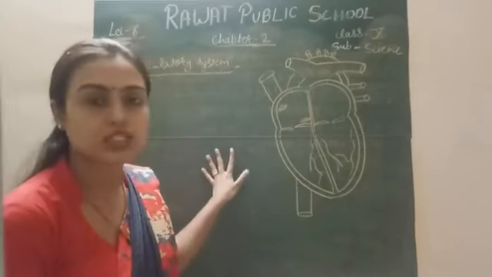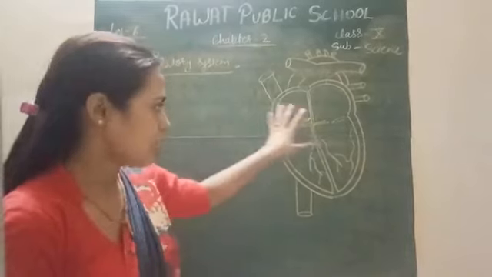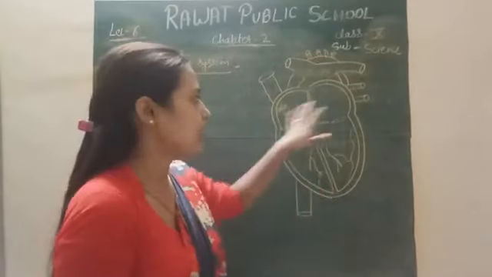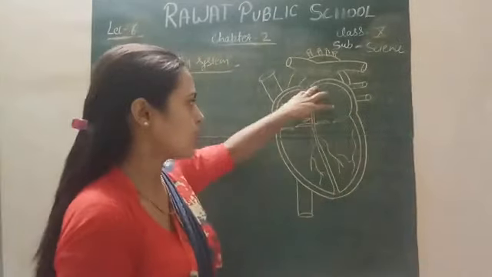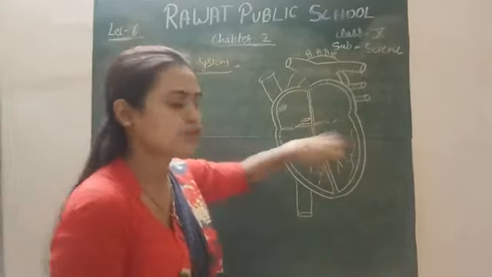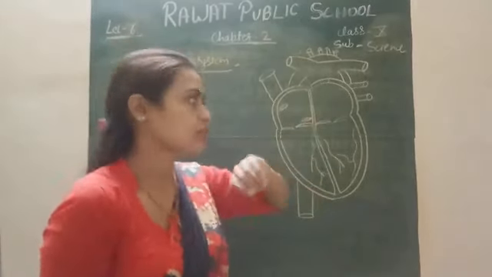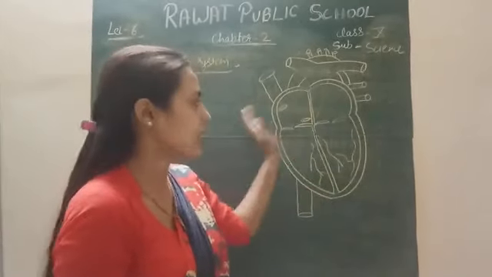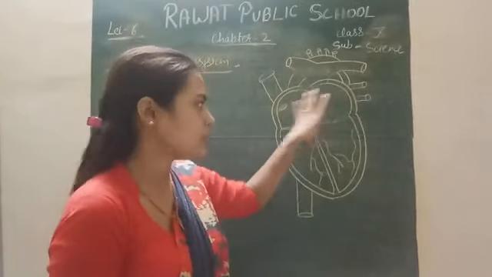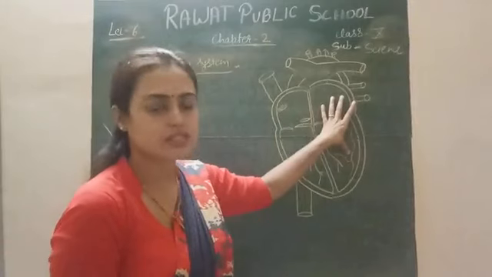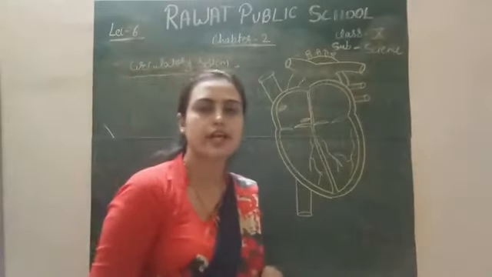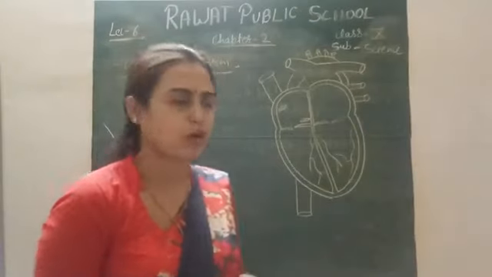Our main topic is the circulatory system. We have a heart which acts as a pumping organ. The heart has 4 chambers: 2 are small and 2 are large. Small chambers are called the auricles and large chambers are called the ventricles. The heart has 2 sides, the right side and the left side. The right side always contains deoxygenated blood, and the left side always contains oxygenated blood. Right? How does it get the oxygenated and deoxygenated blood from the different body parts?